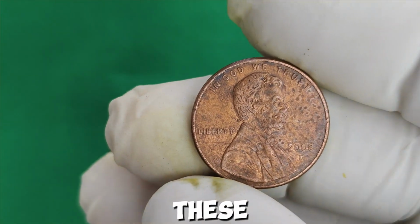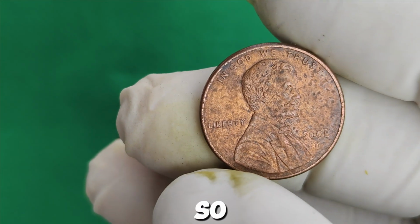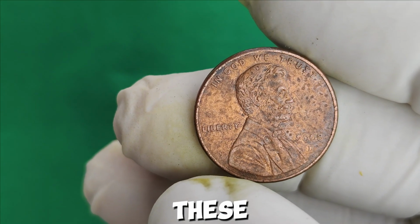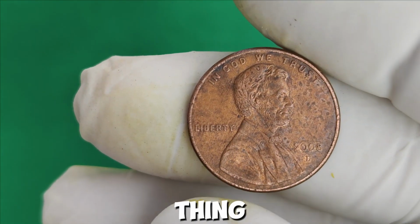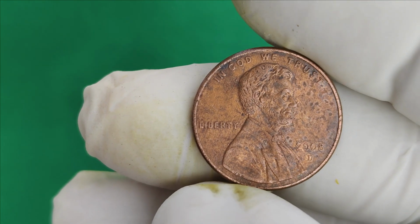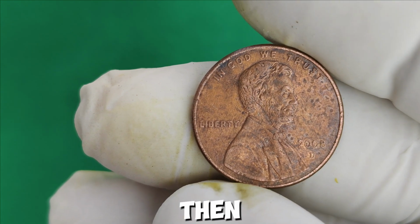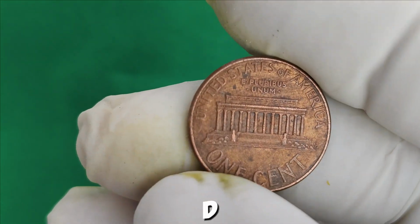You may have one of these little gems hidden away in your pocket change, waiting to be discovered. So, how do you know if you've got one of these ultra-rare coins? Well, let's break it down. The first thing you want to look for is the mint mark. Check the back of the penny. If you see a D, then it's from Denver, which is the key characteristic of the 2008 D Ultra Lincoln